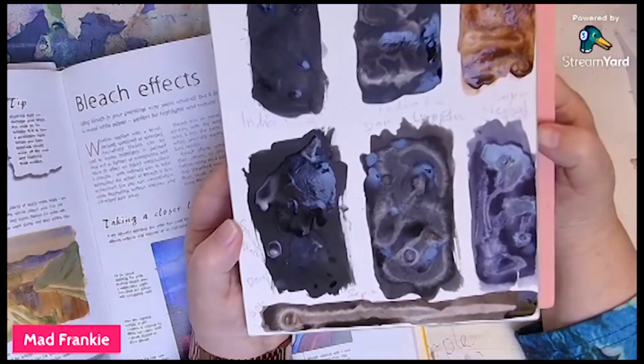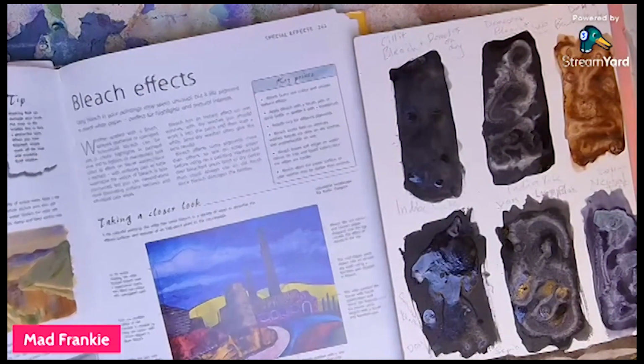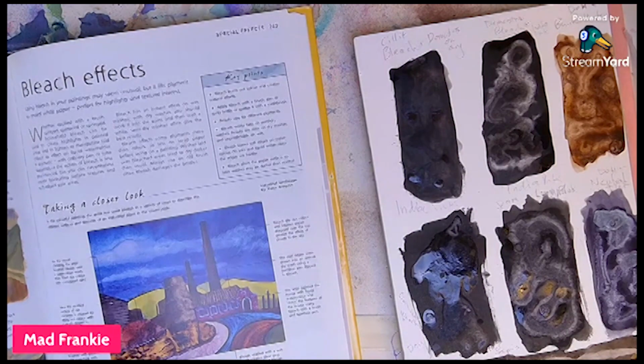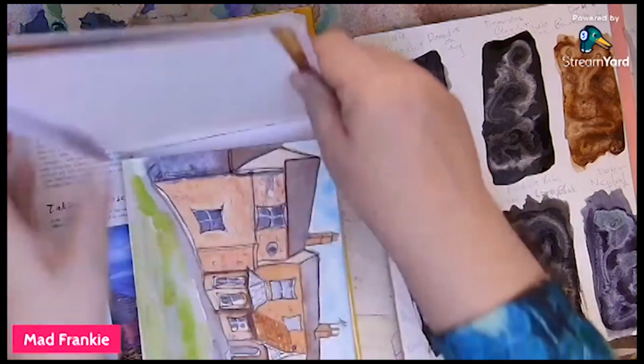Now this guy used, let me see if I can pronounce the word, Montegrappa black fountain pen ink. Oh yeah, I don't think I've got any black fountain pen ink. I've got Quink, which is blue black. You could try that, but what he did was he saturated a piece of watercolor paper with the blue black, with the Monty ink. Whatever size you want, but he saturated the area so it was very wet. And then he used the brush to brush in slowly and consistently the bleach. Keep on going at it for a while, or just put it in some areas like I've done, or did you just keep on brushing it in? While she checks that,